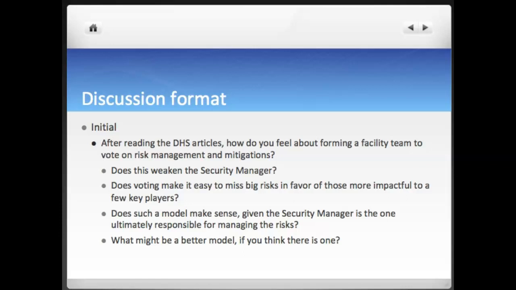My contention here is that when we sit down in a facility security committee model where everyone gets an equal vote, there are some... It's like the old adage from Animal Farm, the George Orwell book, which many of you probably read in junior high school. You know, it's a book on communism. All animals are equal. Some animals are more equal than others. And in this case, there are some players who will hold the purse strings for the security manager or for others, and it may influence the way people vote on actual risk. So that's just my opinion, but yours may be different. You may say, no, this is a great model, and nobody's wrong. You just have to support your argument.